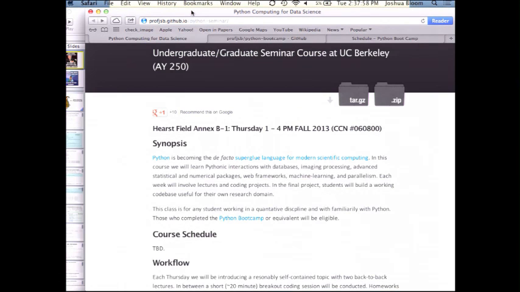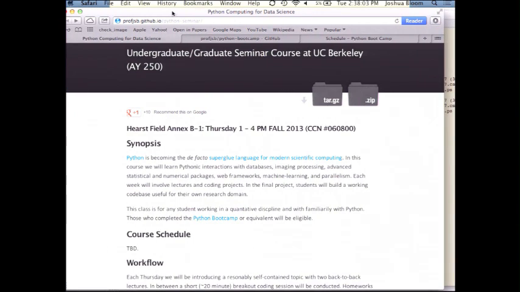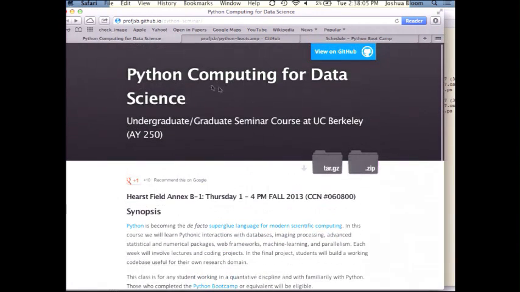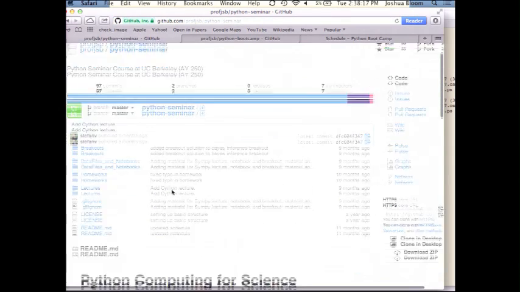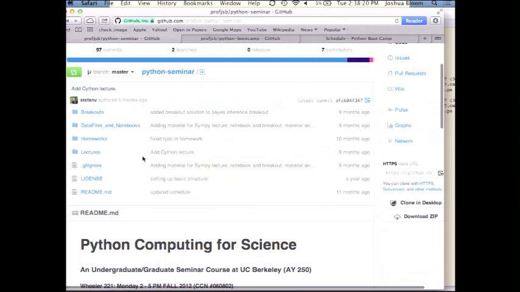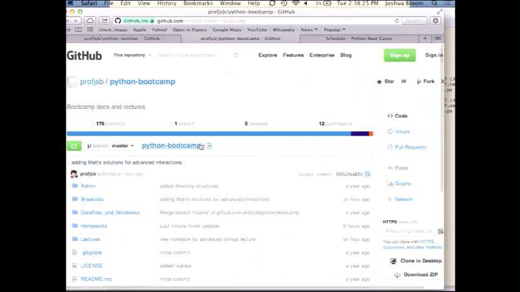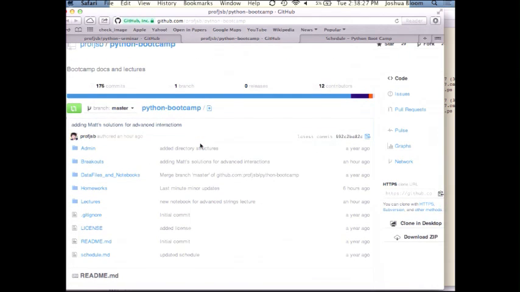So just a couple things I would add about Git and GitHub. What you see here is one of those auto-generated pages for the Python computing class, which starts on Thursday. I use this basically as the intro slide, but then all the content is here. So students will be able to do a Git pull and get all the lecture material. What we haven't done here, because it's a pretty heavy boot camp in terms of the amount of commits we've made and the size of the data, because we have been pushing a lot of data around, is the